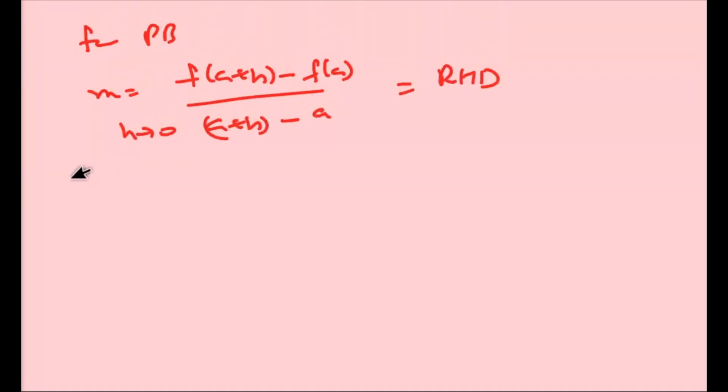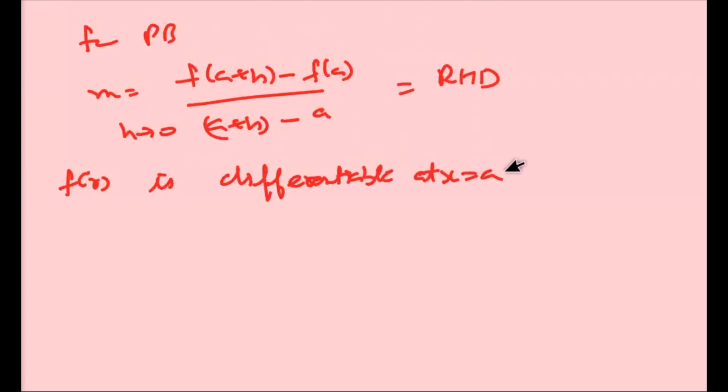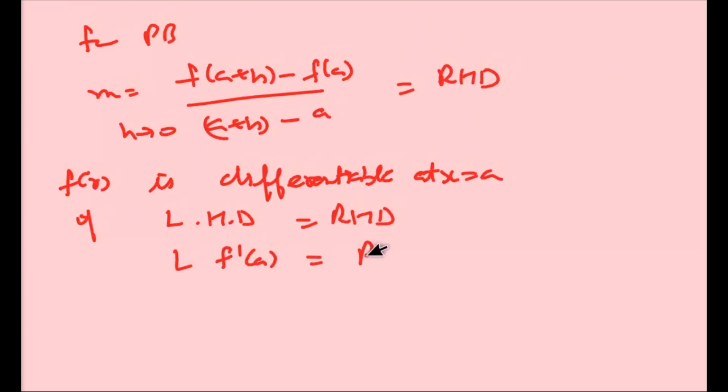we can say a function f(x) is differentiable at x equal to a if LHD equal to RHD, that is, L f dash a equal to R f dash b. You can see, we understand from this graph